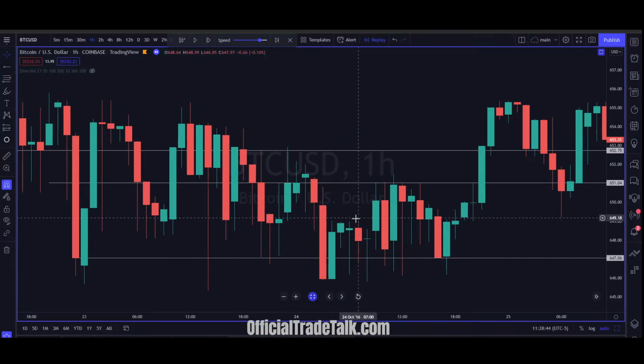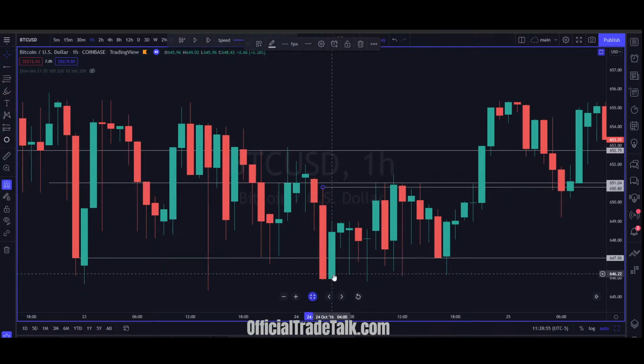Then price trades back out of support and tests that level multiple times. Once you take out this candle's high, which you do here, you know this was a trap. Even though price trades back down to support, you're still looking for bullish entries and you're still following this support because this was a trap. Now, will this candle's close act as support? Absolutely it can. It does here. But this is your main support.